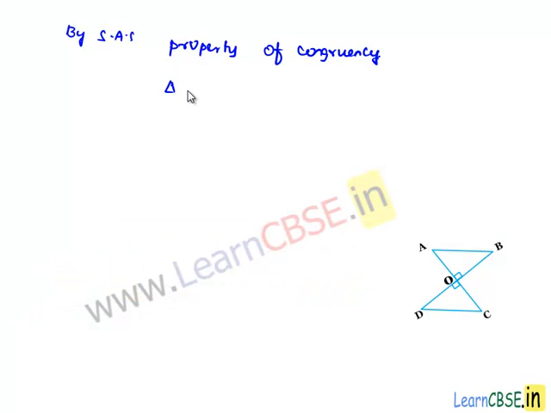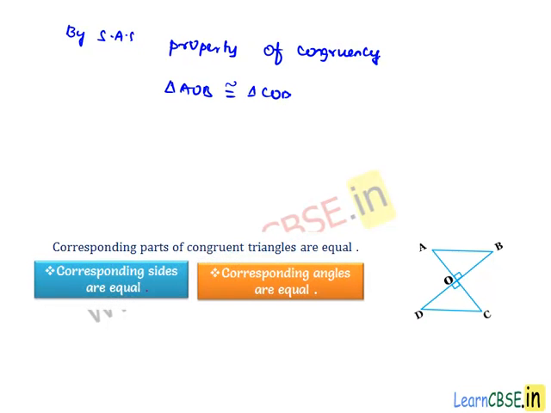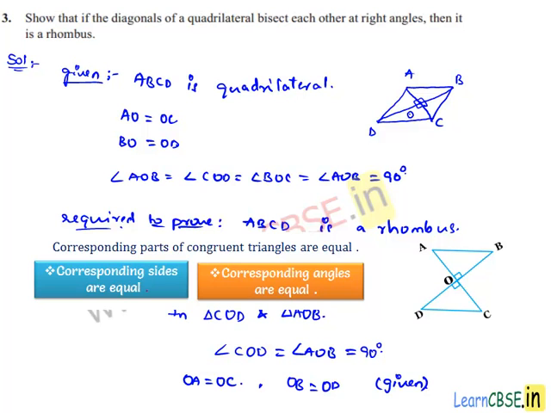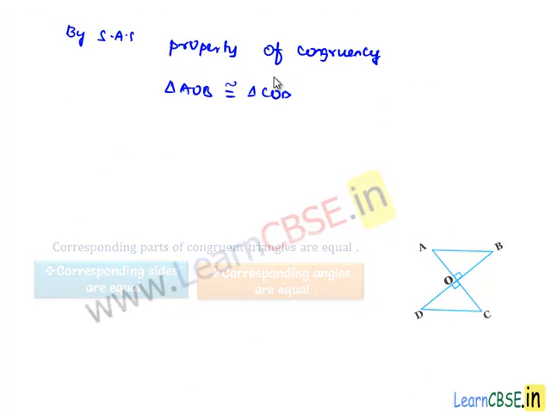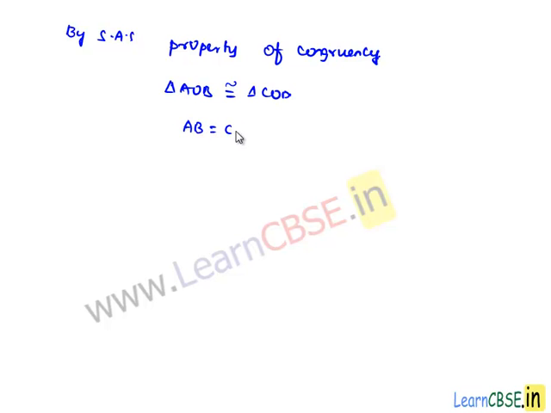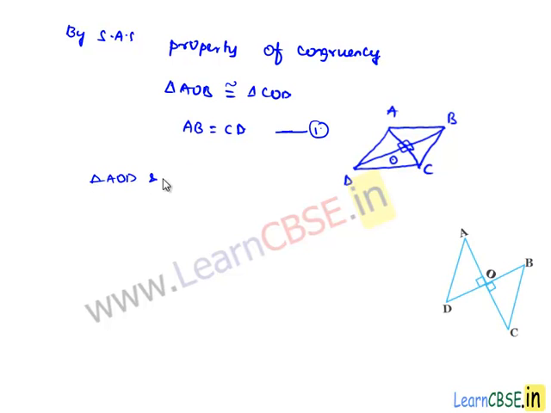we can say triangle AOB is congruent to triangle COD, and we know that when two triangles are congruent, then their corresponding sides will be equal. So here the corresponding sides AB can be equated to CD. Now as we got AB is equal to CD, let us name it as equation number 1, and now let us consider both the triangles, triangle AOD and triangle COD. In these two triangles, let us note down the similarities. Here angle AOD is equal to angle COD is equal to 90 degrees, we know that,